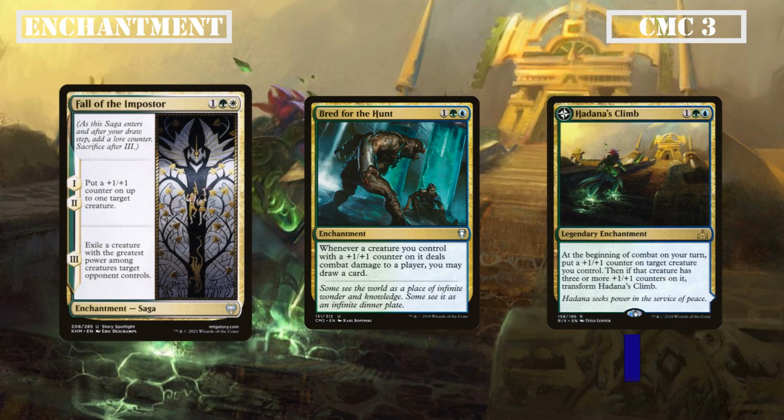Fall of the Imposter is a saga whose first and second chapter give a +1/+1 counter to up to 1 target creature, while its last chapter has target player exile the creature with the highest power they control, providing us with more counter distribution and serving as a non-targeting removal spell to deal with the biggest threat on the table